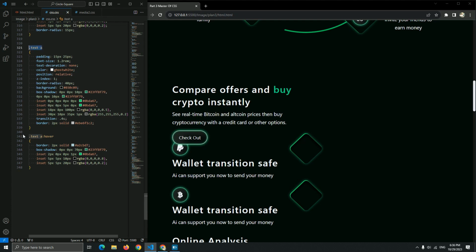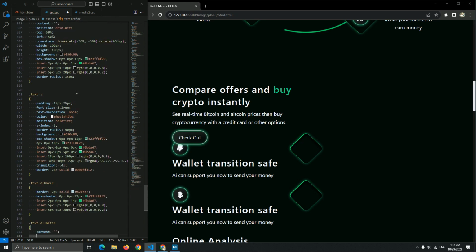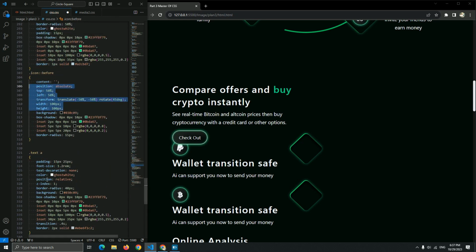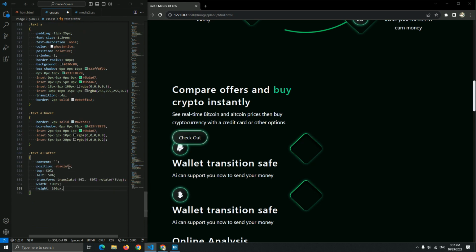So text a after. Let me just copy this, paste it, after or before doesn't matter, but let me just name it after, and the content be empty, position absolute, or you know what, let me just copy the width and the height, to not just go fast for the next, and let the top be 30%, and this be 50%, and let me remove this rotate, we don't need it for this. Okay, set the width as 0 pixel and the height at 2 pixel to be aligned in the center of this word, as you can see it.